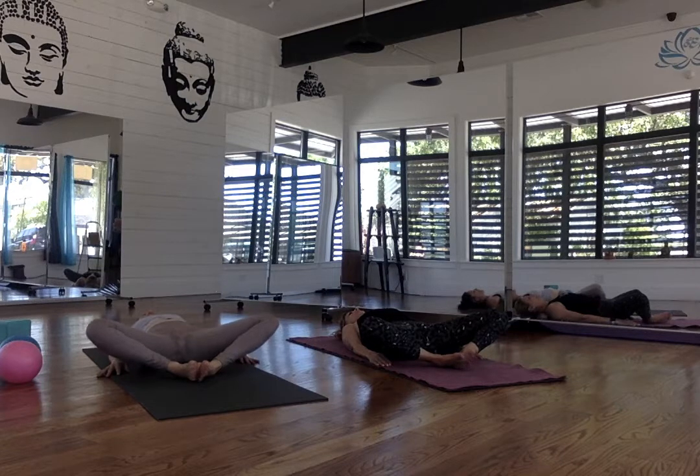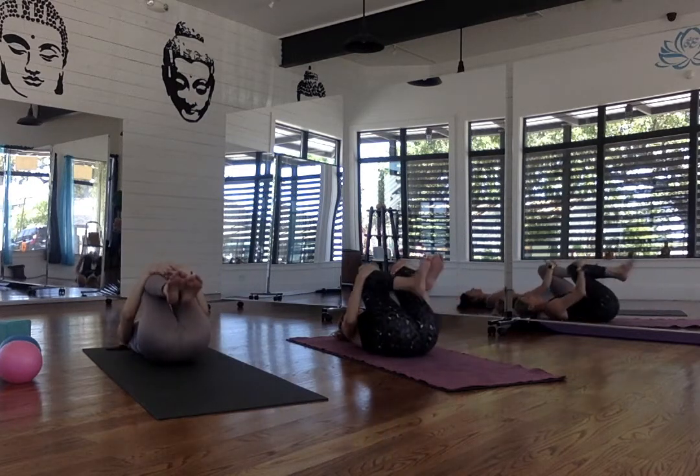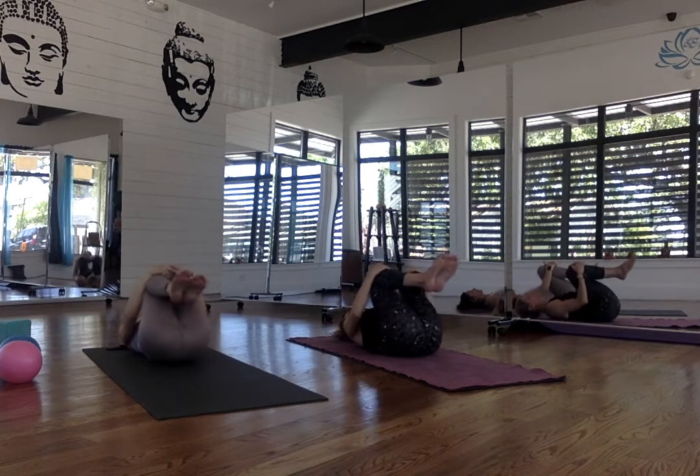Here, slowly bring the knees back in together. Pull the knees into the chest. Give yourself a nice hug. Roll around on the low back. Give your low back a